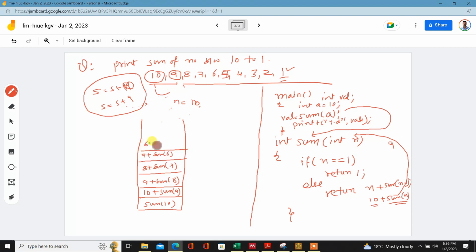Then 6 plus sum 5. Then 5 plus sum 4. Then 4 plus sum 3. Then 3 plus sum 2, and lastly this is going to repeat itself for